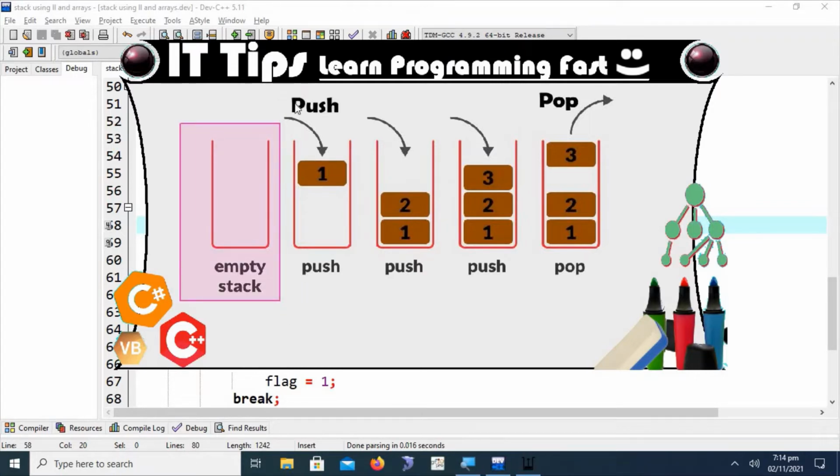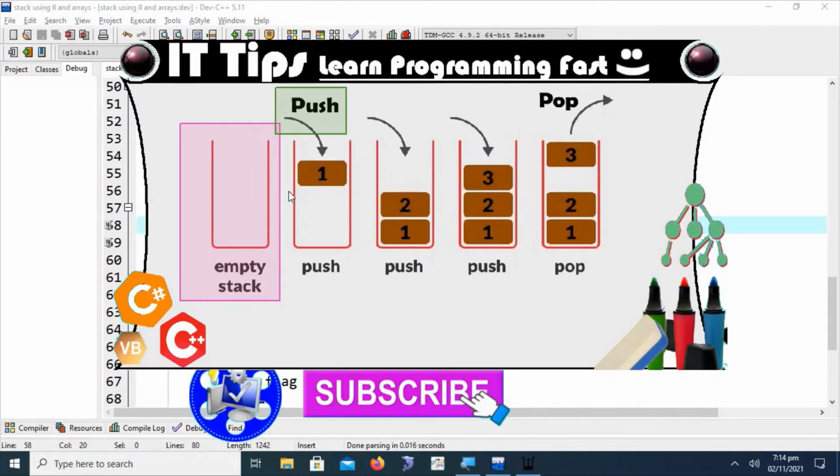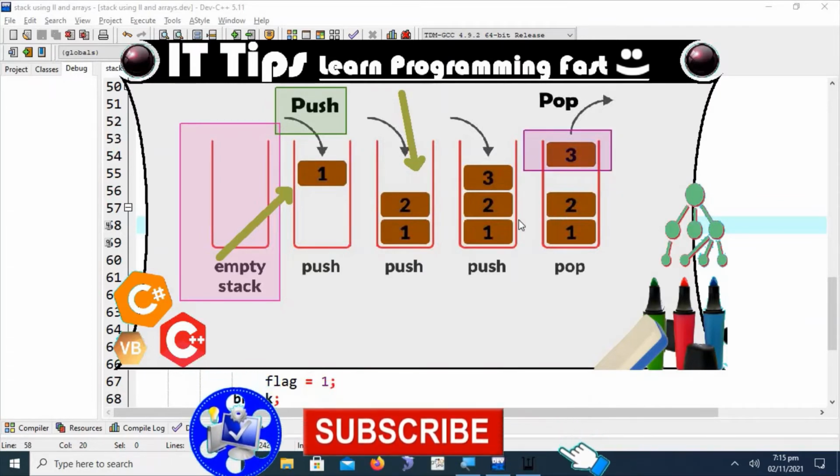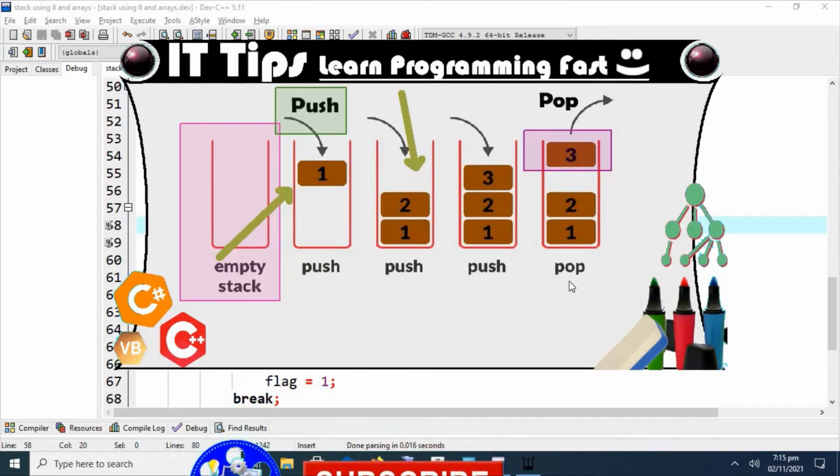When we perform any push operation, it puts values onto the stack, and we can push values onto the stack until it approaches the maximum limit of the stack. Whenever we perform the pop operation, the topmost value will be popped up or retrieved first. That's why this is called a LIFO data structure.